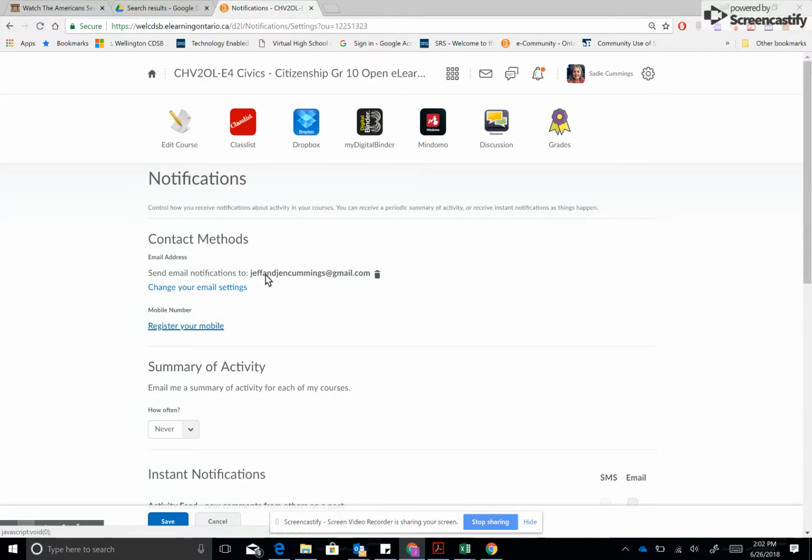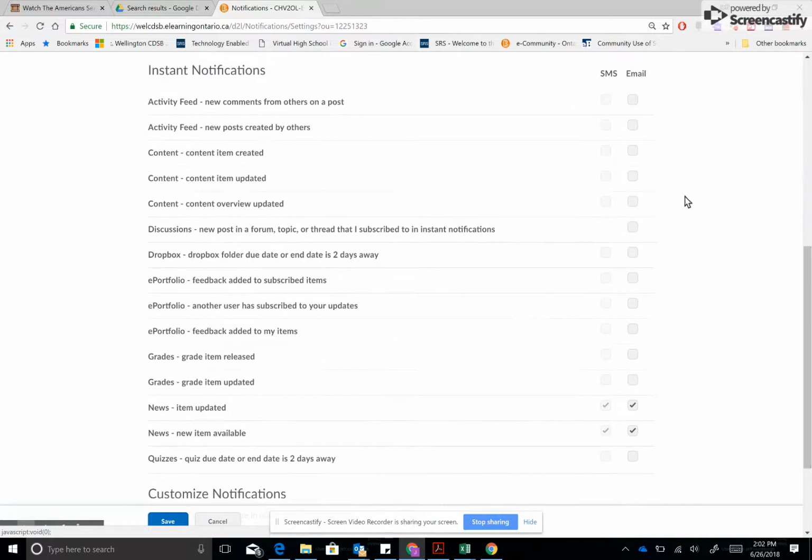So your parents might prefer that this go to them so they know what's happening in your course, or it can go to your board account. Just make sure you know which account it's going to. But you also want to set up specific areas of notification. So because I've turned off my cell phone, there's no ability for SMS, that's text, but I can set up email. And so this I would set up for activity feed,